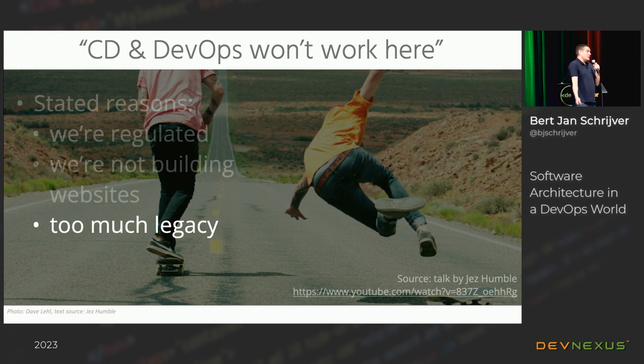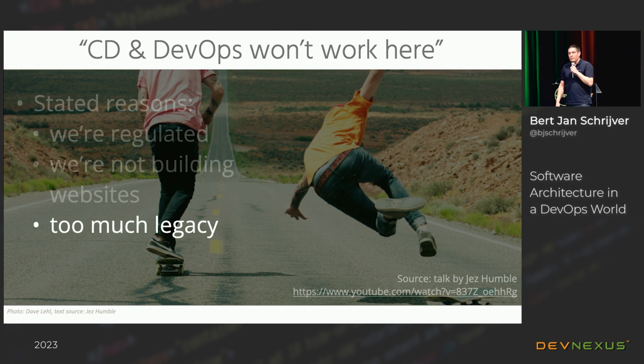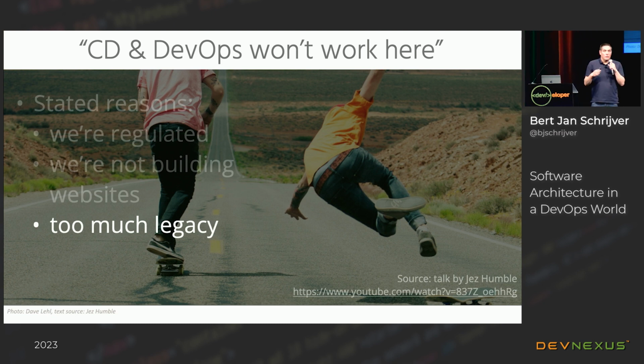We have too much legacy. Sure, that may be more difficult if you have loads of legacy code. But there are ways around this as well. There's the strangler pattern, where you wrap your legacy system in a new system and part by part take out things. There's people running Docker containers on mainframes, putting COBOL inside Docker containers. So there's always a way. It may be harder than if you're just building new web stuff, but it's still doable.